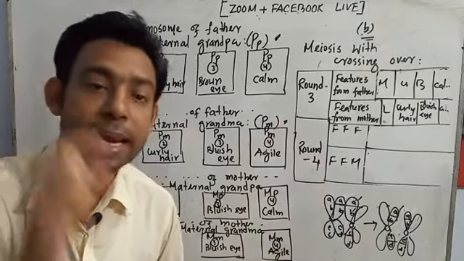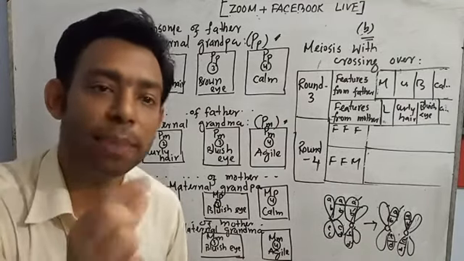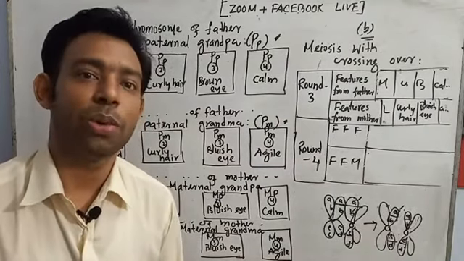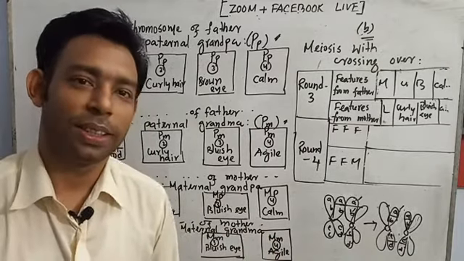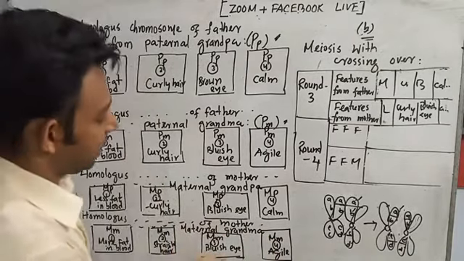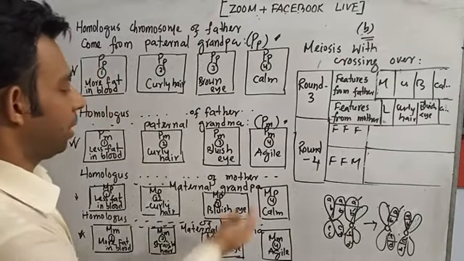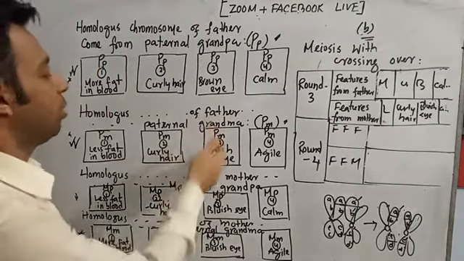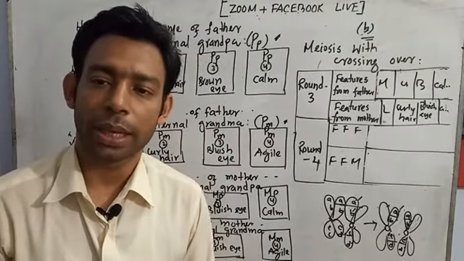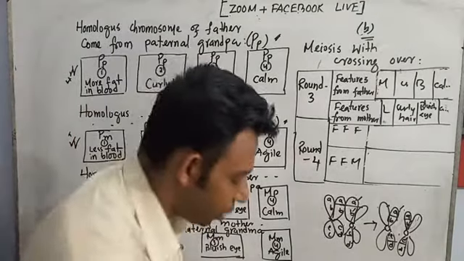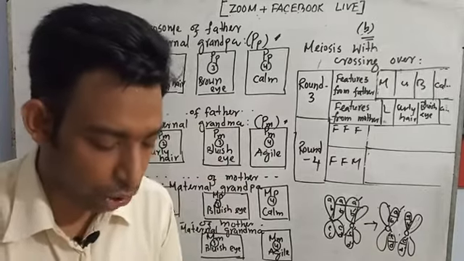But the main theme is to be understood. Students don't know the main theme, which way to do it. Whatever, if you change the bluish eye with the bluish eye, or you can change the brown eye with the bluish eye. If you change, dear student, I tell you, if you change this one,